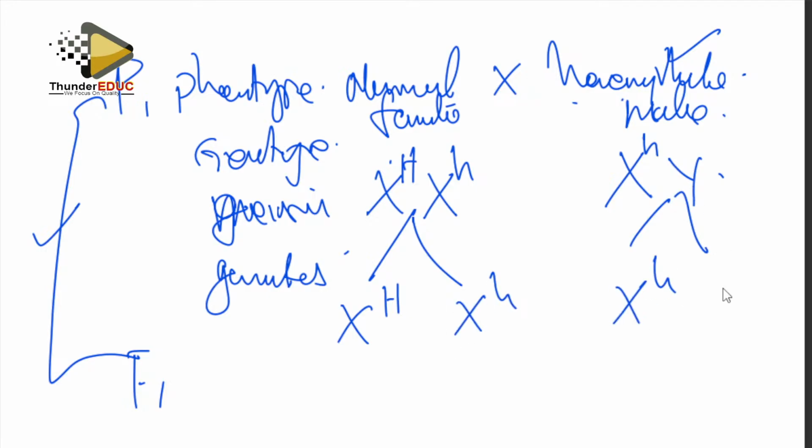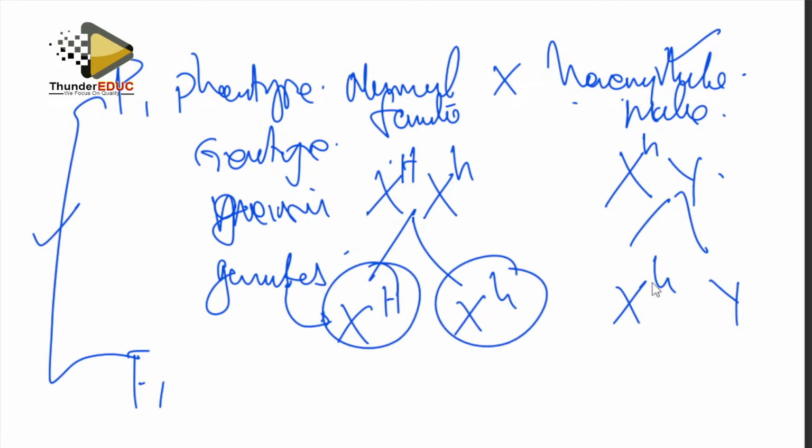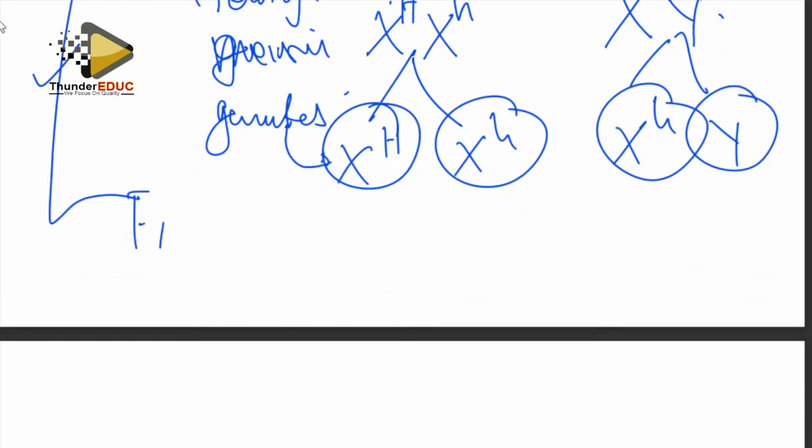Then this one here, y. Remember, I always tell you that the gametes, please make sure that this thing is on the same line. I always tell you that the gametes are not at the beach. Therefore, better circle them. If you circle them, it is fine. If you didn't circle them, it is also fine, as long as you left the spaces between. Then after that, let's cross them.